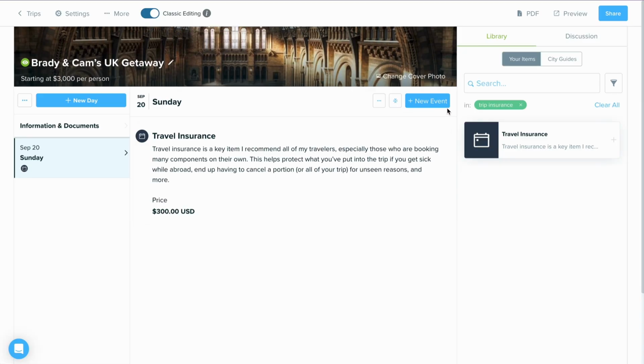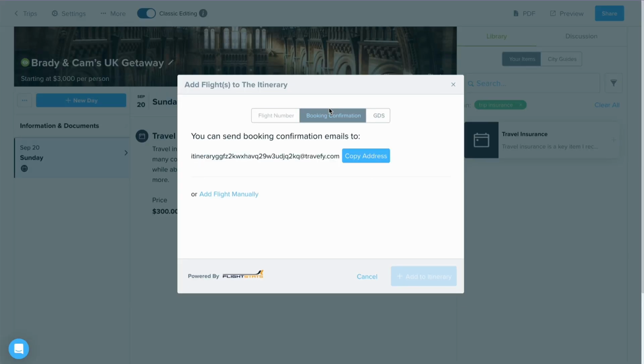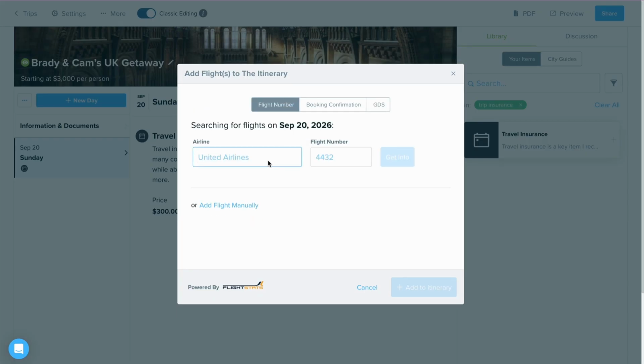Let's continue moving on, and I'm now going to select New Event, and this time we're going to add a flight. There's 3 different ways of adding flights in. You can use the Quick Add method, Booking Confirmation method, where you're forwarding your booking confirmation emails to this unique address, or you can copy and paste your GDS codes in. Either way, these methods are going to allow you to track flight updates so that your travelers know about any changes. I'm going to stick with this Quick Add method, and I'm going to start by putting in our airline,